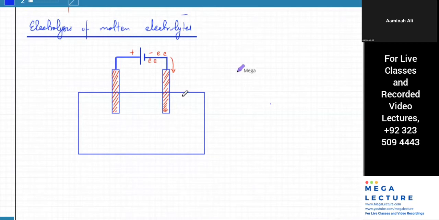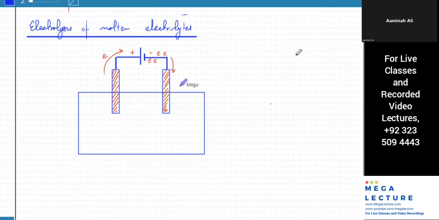We don't know who's present over here at the moment, but whoever is standing over here will gain those electrons because there's a lot of electrons. And the positive one is electron deficient, so it's going to accept electrons. If it sees an electron, it's going to attract that electron, grab it, right? That's how electrons move from the negative to the positive. Is the circuit at the moment complete? No. It's not complete because the electrons can't really move from this point to this point.